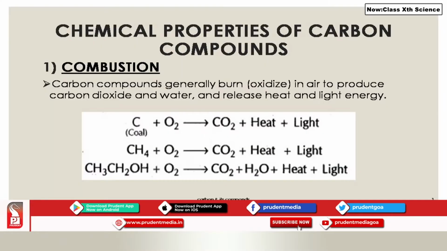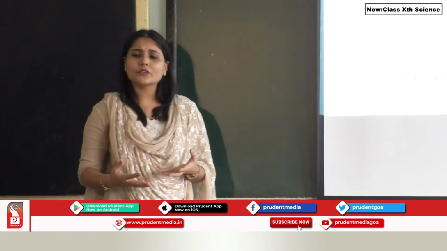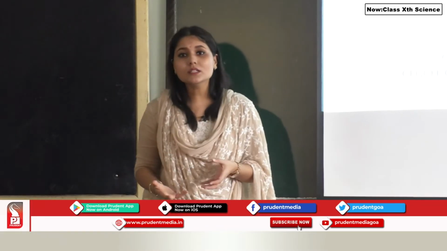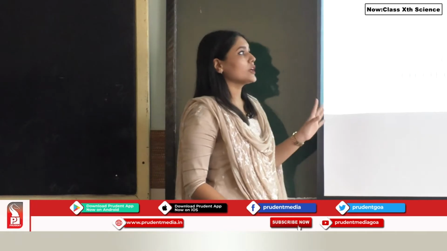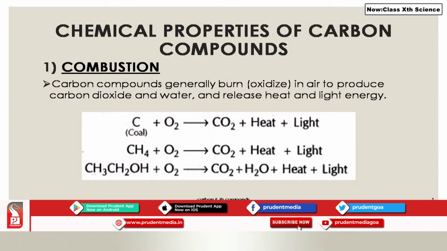We know carbon exists in different forms. We also know that hydrocarbons are also a form of fuel that is being used. So what exactly happens when carbon burns in the presence of oxygen? You see, carbon compounds generally burn. We already know, students, that burning is supported by oxygen. If there is no oxygen, burning will not occur. So for combustion to take place, oxygen is the main requirement. So carbon compounds generally burn or oxidize in air to produce carbon dioxide and water and release heat and light